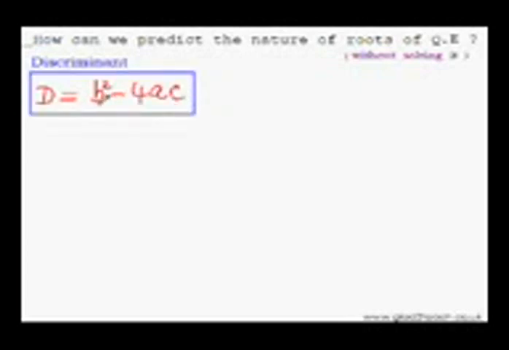So do you know how to predict the nature of the roots of a quadratic equation without solving it? The challenge is without solving it. It is like making cheese omelette without breaking the eggs. Sounds tough? Not at all. We can easily do that using a powerful tool called discriminant. And discriminant is equal to b square minus 4ac. And you already know what b, a and c are. They are the coefficients and the constant.